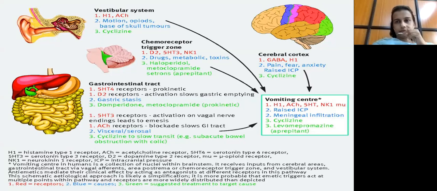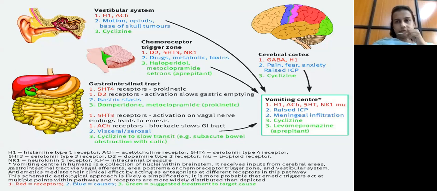And coming down to GI tract, the receptors are 5-HT4, which is a prokinetic action, and D2 receptors, activation of which slows the gastric emptying. What is the cause of this? In GI tract, there are two causes. One is gastric stasis, and the other one is the visceral or the serosal reason. If gastric stasis is a cause of GI tract causing nausea, vomiting, the receptors involved are 5-HT4